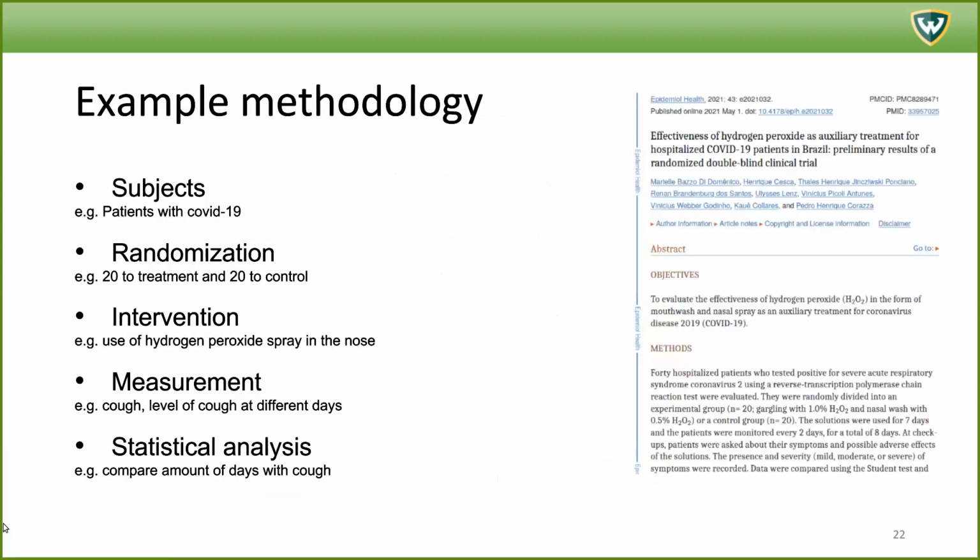So here I have some examples, two types of example methodologies that I wanted to go over. And it may seem a little bit complicated. I'm going to cite this paper here and have you look at it as well. But I really want you to understand that